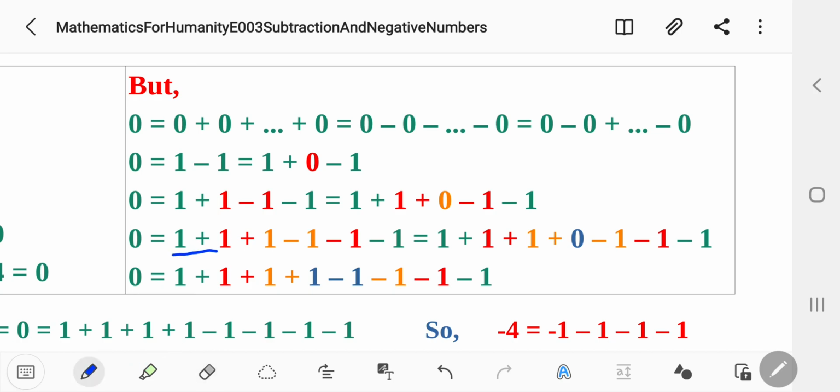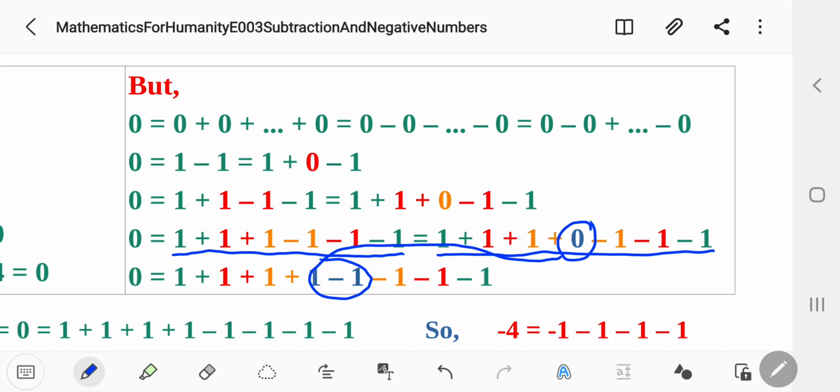So this one is still equal to this one, because 0 is just 0. You can add it anytime, anywhere. The result is still the same. But the 0 here, you can write as equal to 1 minus 1 again,